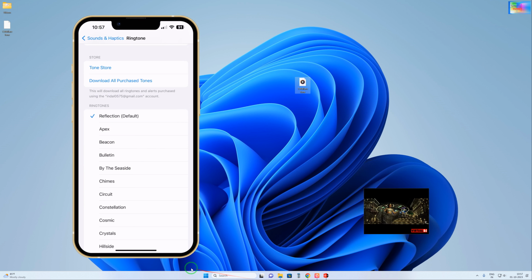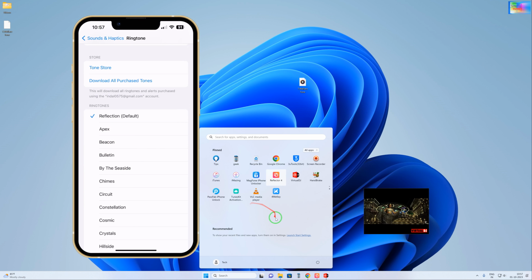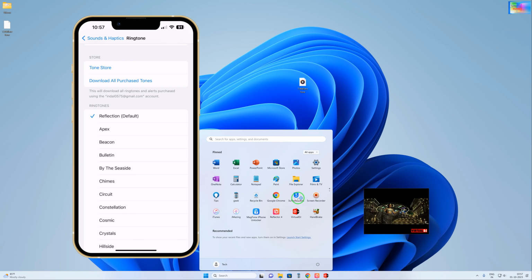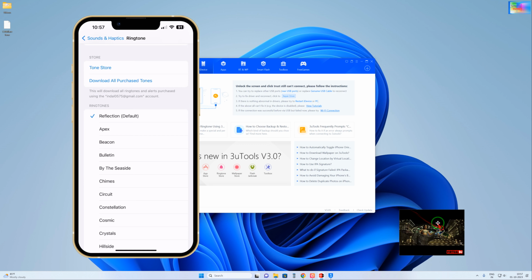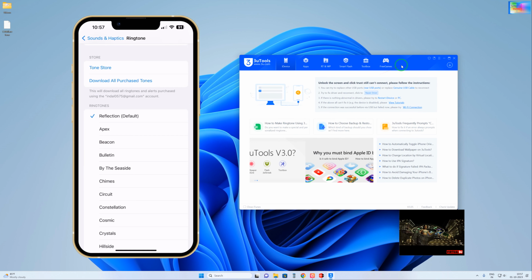So how would I get it? For this, firstly we will go for 3uTools. It's going to open here. We have to run it as administrator, then connect the data cable from the PC to your device. So as we see here,